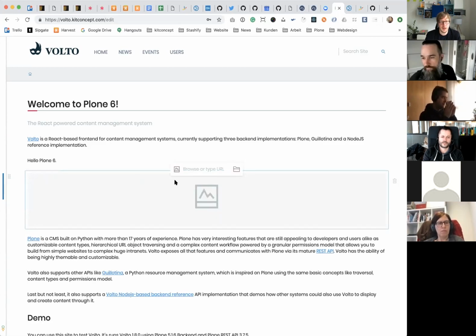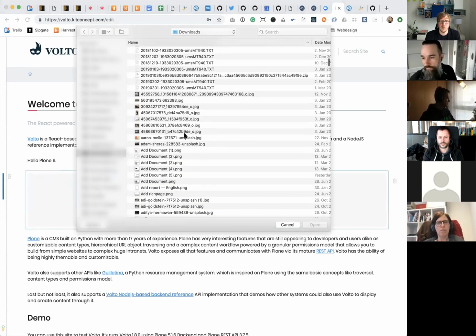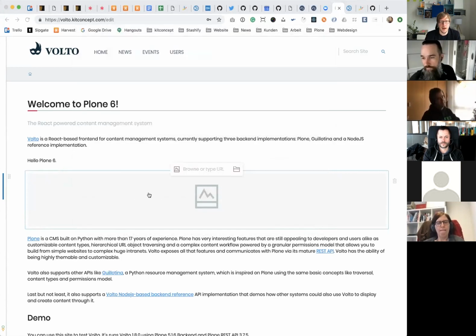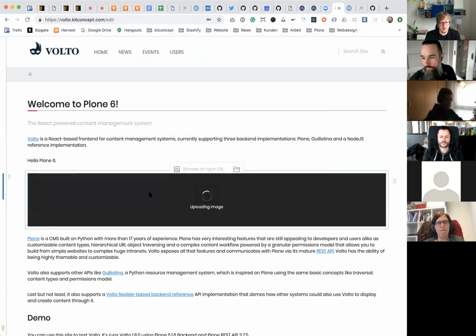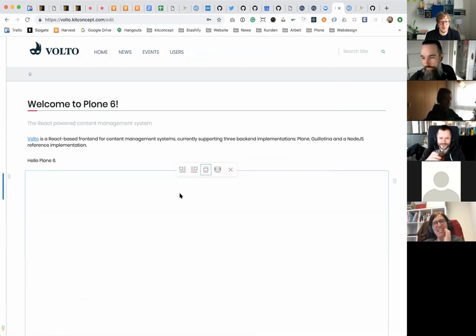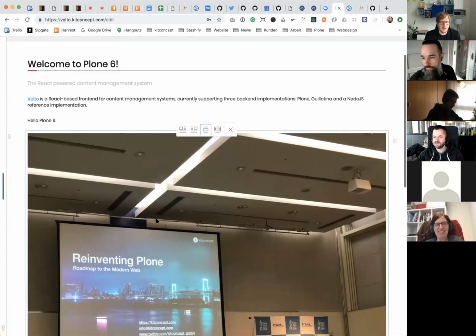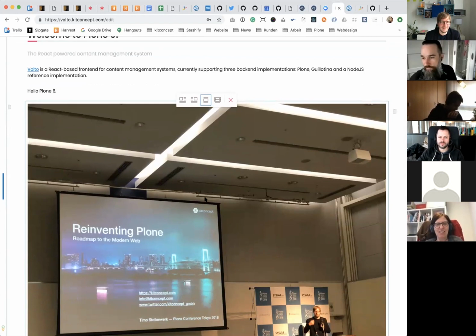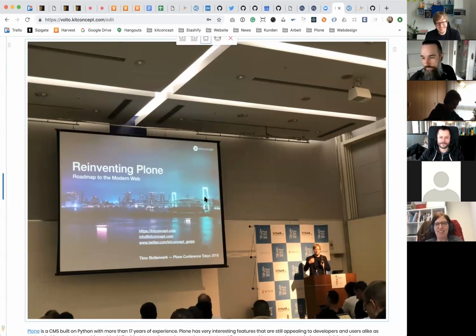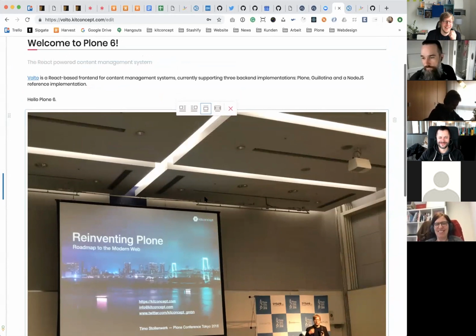If I click on the image tile, I have a placeholder, and I can easily browse by typing something, or choose one element from my computer, and I can just upload the image. I hope it's a nice image that I upload. It's a larger one, so it takes a while. Oh crap! And then you have the image upload. There's a German guy in the picture. Yeah, I'm sorry. I've tested that before. I have a nicer picture.